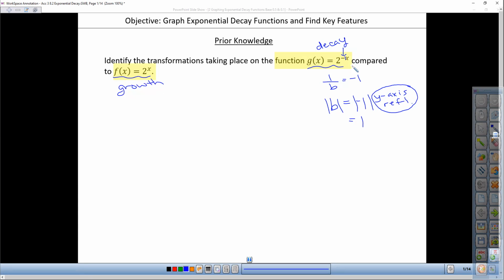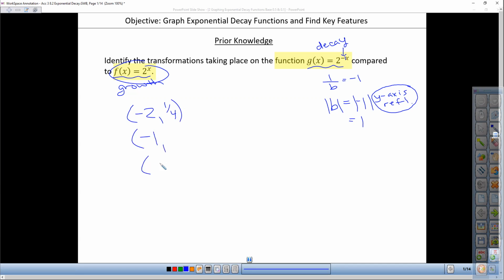So if you look at those two, the only difference between them is that the decay function is a reflection across the y-axis of the growth function, which uses our powers of 2 that we use to help us graph growth functions in the previous lesson. So what we will do to help us graph decay, and this will simplify the process, is we'll use those same points, the points from f of x equals 2 to the x, which are those powers of 2,